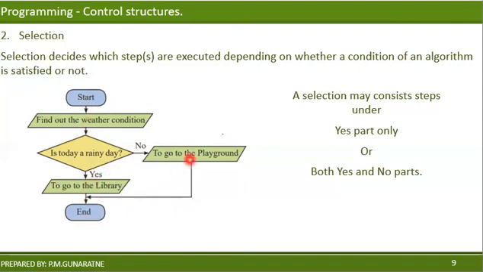This is the main flow. This path has to be merged here, right? Either from this way or this way, it has to come to the main path again. That is a very important point that you have to remember. Okay, right. So there are three things that you have to remember in a selection.